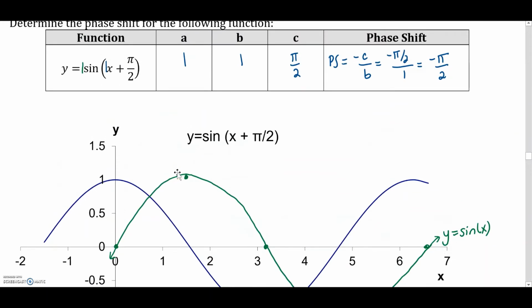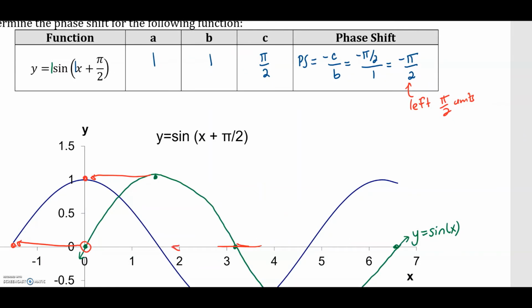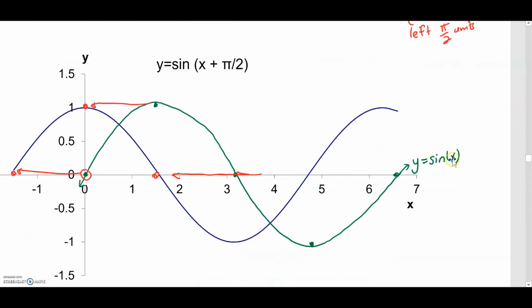So we didn't need to account for any change in the magnitude or in the amplitude or the period, but this function is phase shifted. So our phase shift is negative, which means we're going to go left pi over 2 units. So each of these values in our sine x is going to move to the left pi over 2. And you can see here we arrive at our shifted function. Okay, so the blue line is y is equal to sine of x plus pi over 2, which is in fact the same as our cosine function. So if you take the sine function and shift it to the left by pi over 2 units,